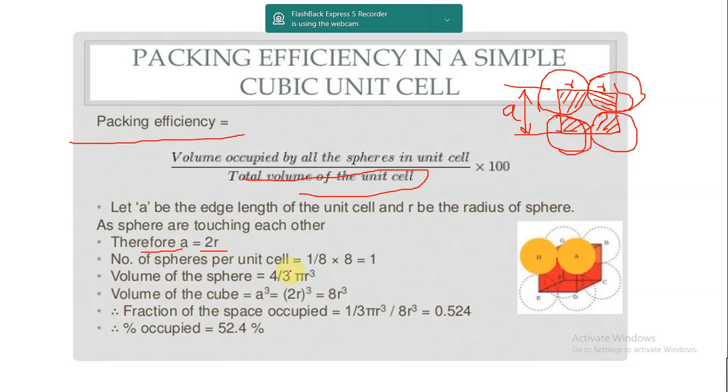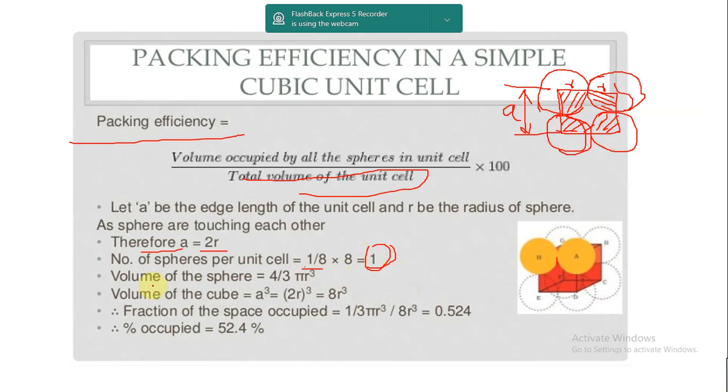And number of spheres per unit cell is how much? 1, 2, 3, 4, and 4 at the back side, which we have studied earlier. So 1/8 into this is 1/4 part, but in reality it is in 3D, so it is 1/8 part. We have seen it in the earlier videos. So 1/8 part, and how many total parts are there? 8 parts are there, 4 here and 4 at the back. You see here 1, 2, 3, 4, 5, 6, 7 and 8. So 8 parts at 8 corners are there. So 1/8 into 8, so number of spheres is 1. Total number of spheres is 1.